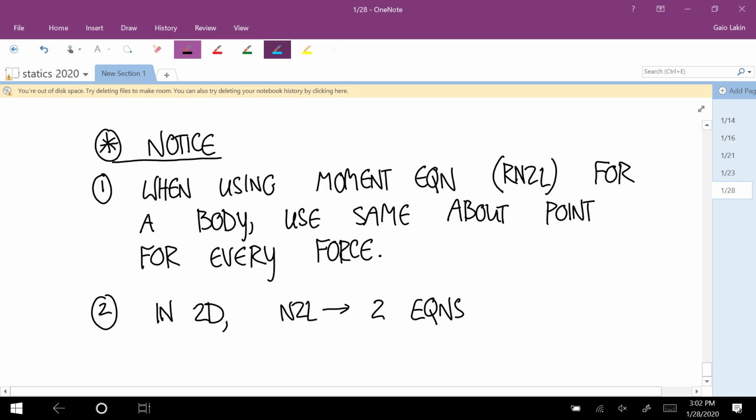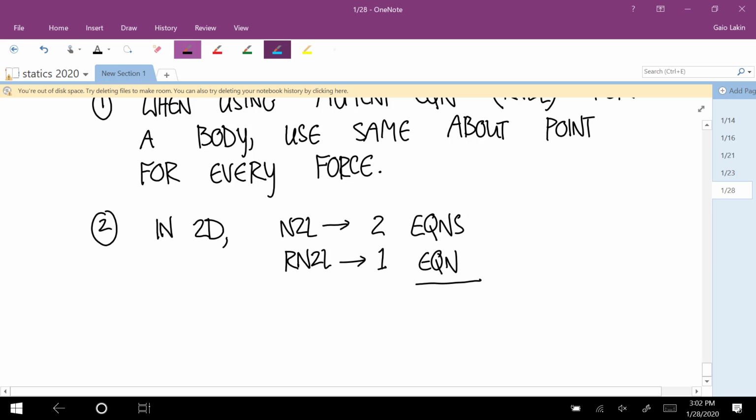2D is like in the plane. So think about how many directions something can rotate in the plane. How many axes can something rotate around in the plane? All it can do is rotate in that plane. And so the rotational Newton's second law only gives you one additional equation. And so the sum of